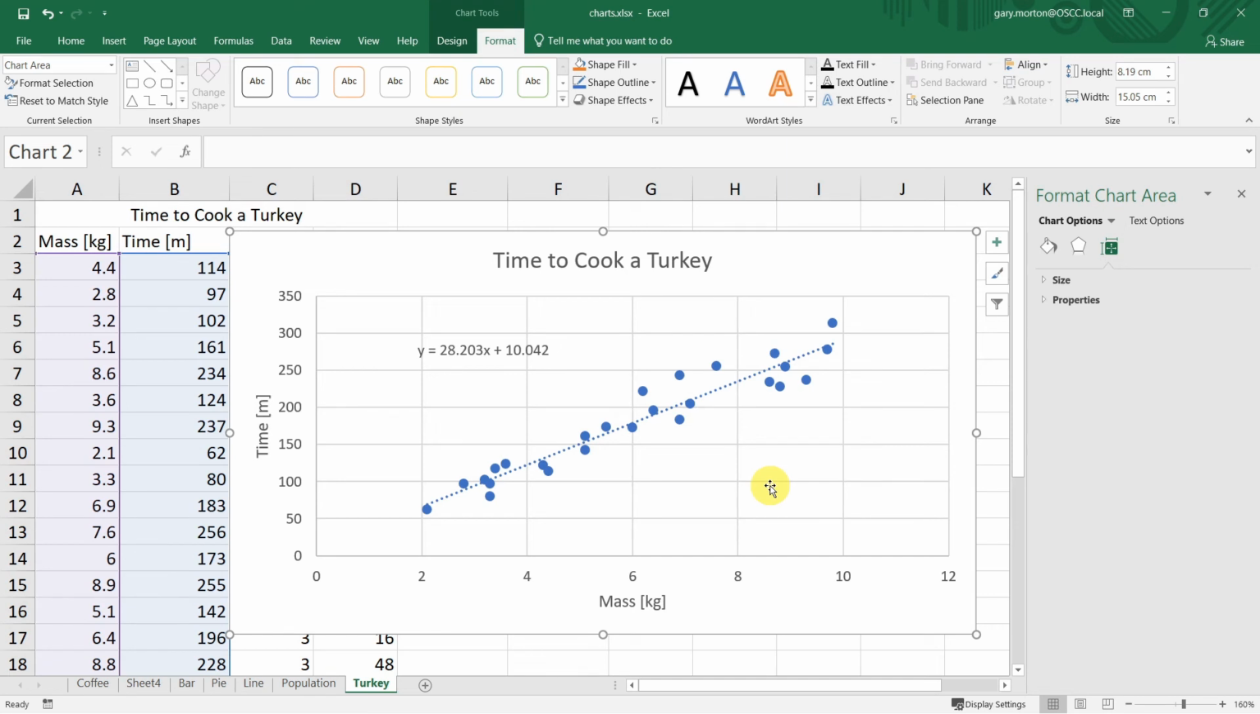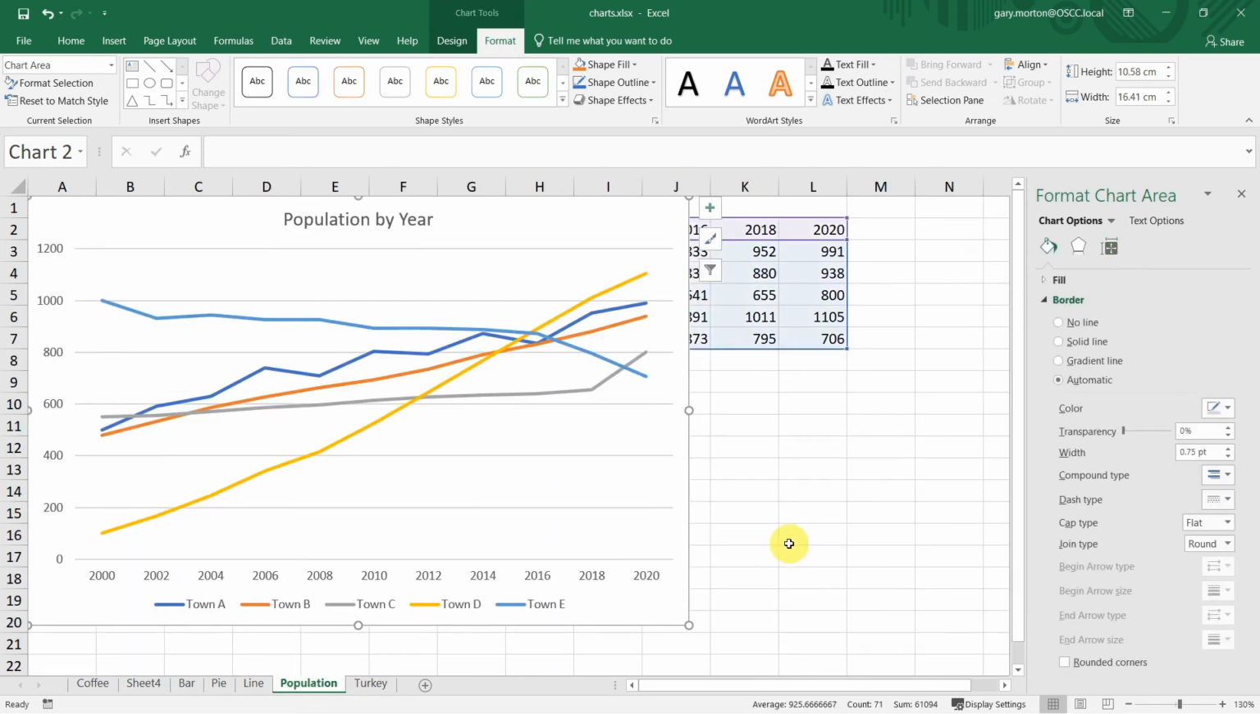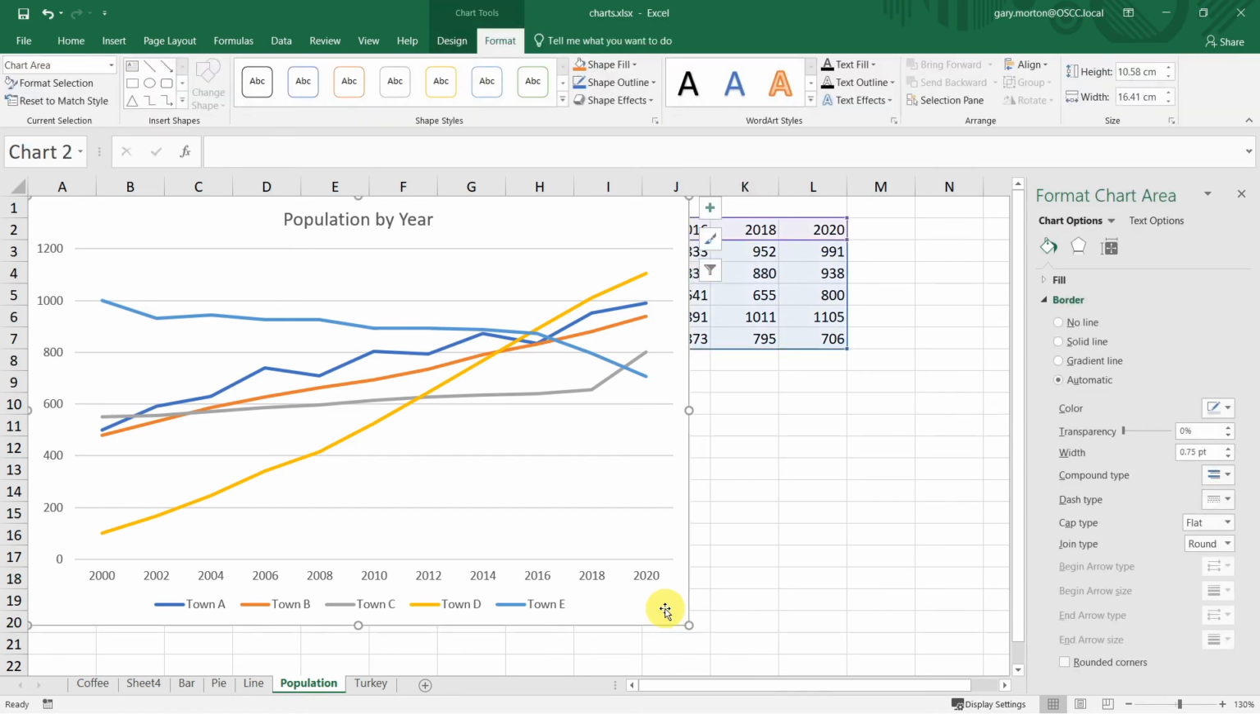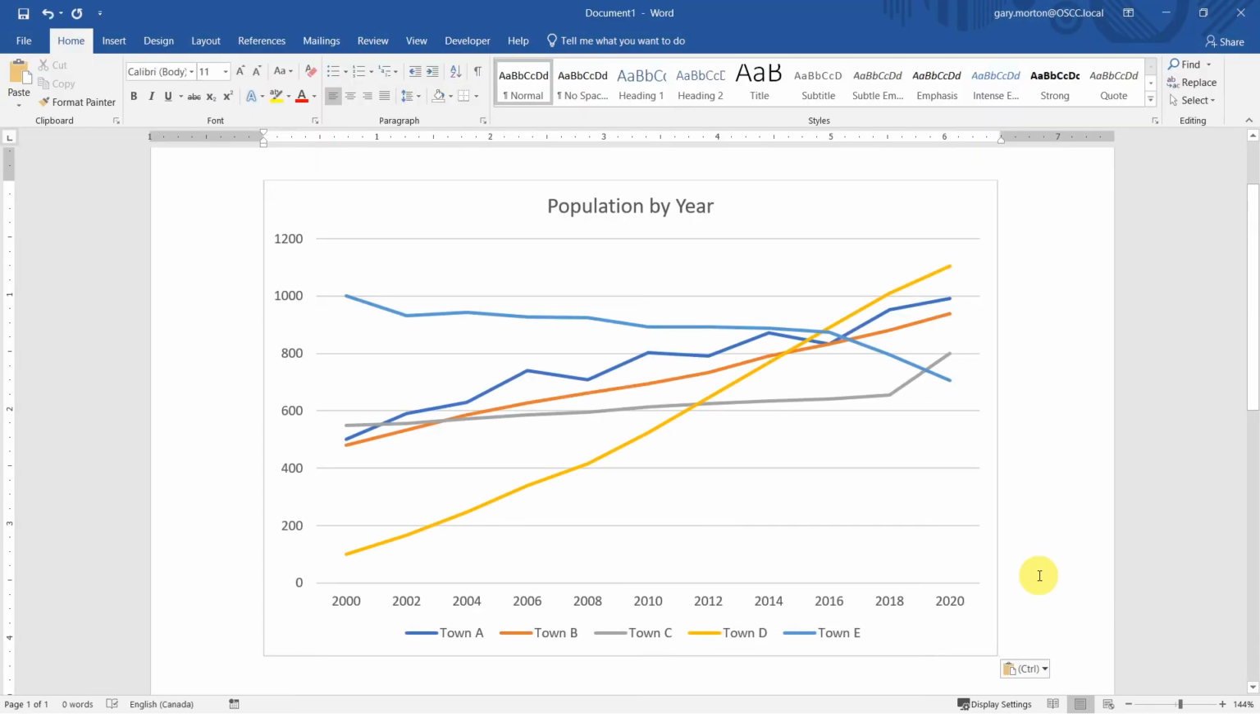Let's have a quick look at how to insert a chart from Excel into Word. Let's use our population as an example. To put it into Word, it's as easy as selecting the chart, pressing Ctrl+C, opening up a Word document, pressing Ctrl+V, and then down under the paste options, choosing whether we want the